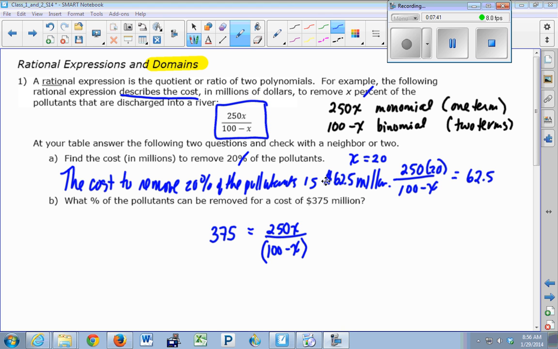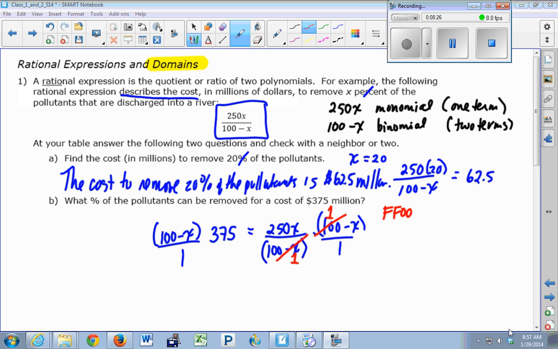Now, when you see something like this, there's a couple of approaches you can take. One approach is probably what some of you learned in an earlier algebra class, that you have the right to multiply both sides of an equation by any expression as long as it's not zero. So you want to have a 1 in this denominator right here. So if you multiply this side by 100 minus X over 1, you have to do it to the other side, 100 minus X over 1. When you do that, you create the number 1, which we're going to refer to as a foo-foo,